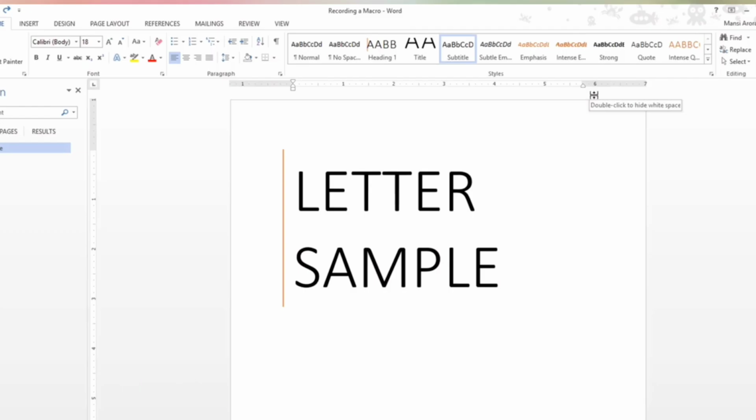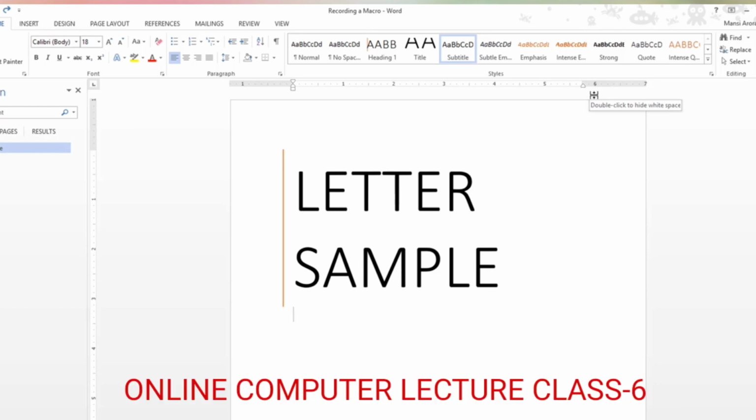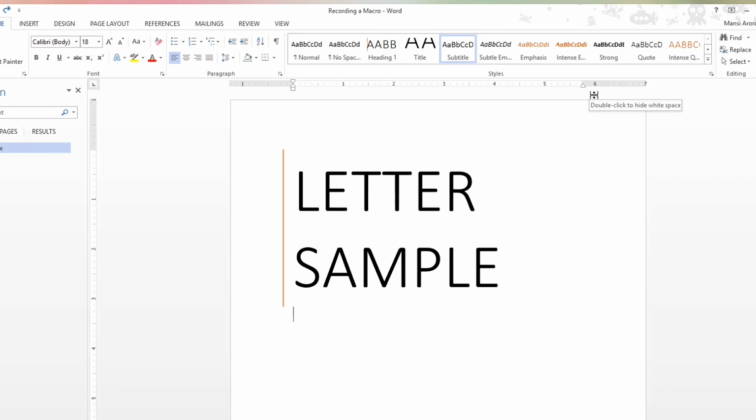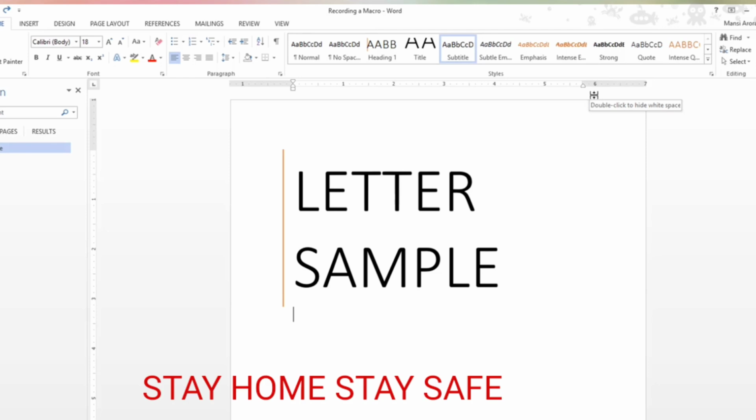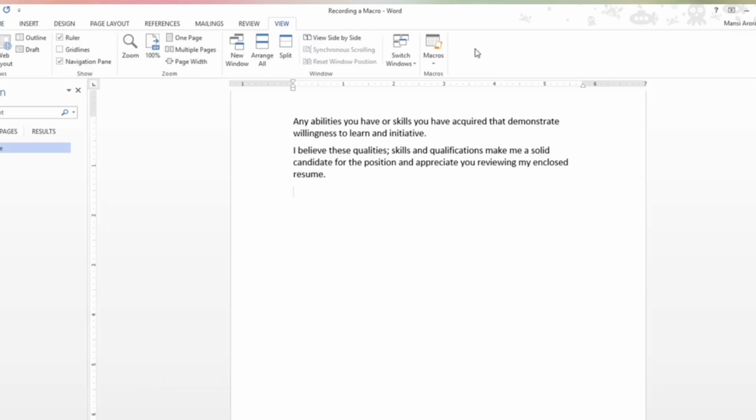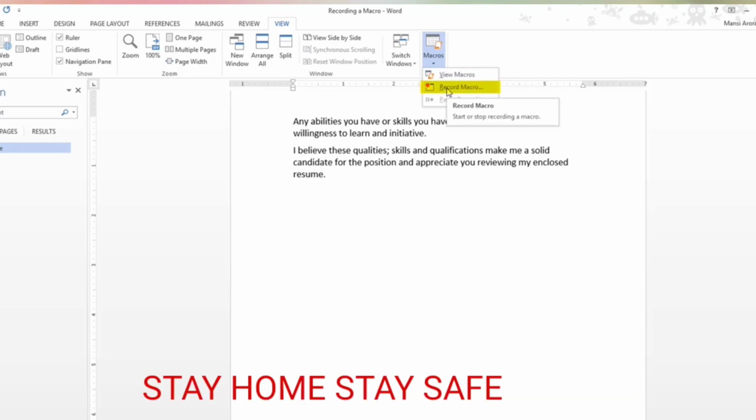Sometimes it happens that you realize you have done these steps before in the same way, so that you can record it. You have an option in Word, that is recording a macro. Means we learn how we can record a macro. Fine. So we'll go to the View tab and over here you will see we have the option of view macros. The next option we have is record macro.